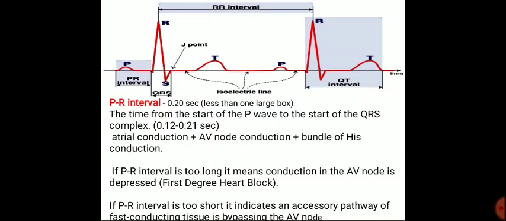Now, there are many intervals and segments present. First is the PR interval, QRS complex, RR interval, QT interval. While the segments are the ST segment,